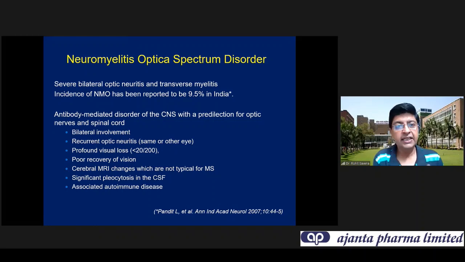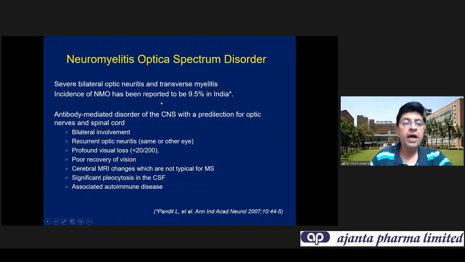What we realized over the past 15 or 20 years is that we were identifying and separating out patients who were not doing so well, who were probably the missed NMO, which were being labeled as optic neuritis or MS. So while MS still remains the most likely diagnosis, or demyelinating optic neuritis with or without MS remains the most likely diagnosis for most of the patients, up to 80% of our patients presenting with typical optic neuritis, we would have over time a percentage of patients who would actually be NMO positive and would have problems of recurrences, would have problems of severe visual loss, which does not recover.